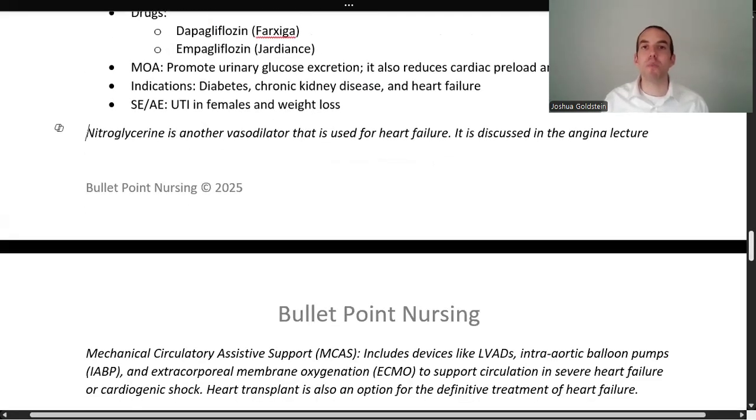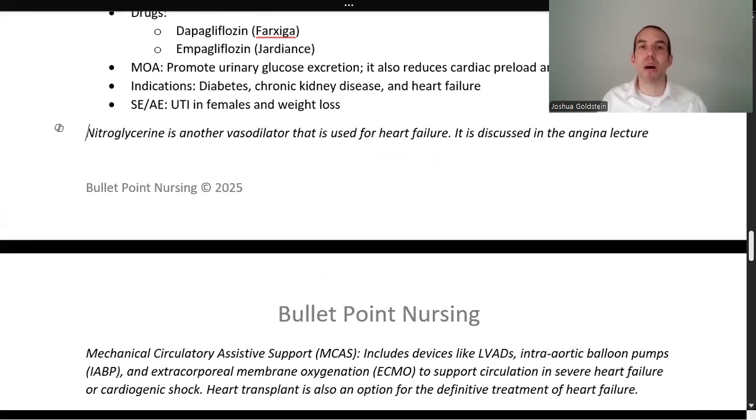These drugs you're probably familiar with as diabetes drugs, Farxiga, Jardiance, and a few others. These drugs work, and we discussed this in our diabetes lecture, by getting the body to pee out more urine. But it's also been proven that these drugs reduce cardiac workload and help overall the patient with their cardiac output. Because of that, SGLT2s in a bunch of the updated guidelines have now become the fourth official drug class for